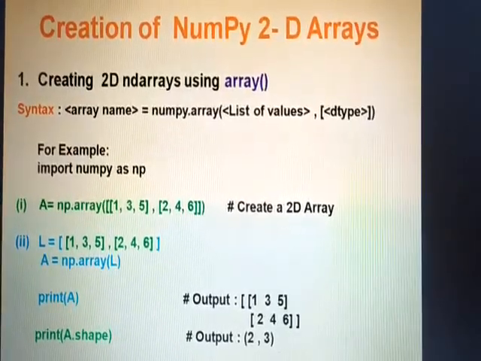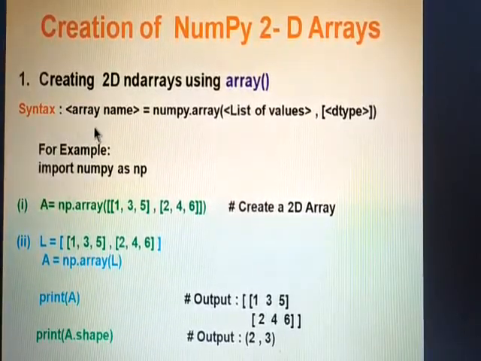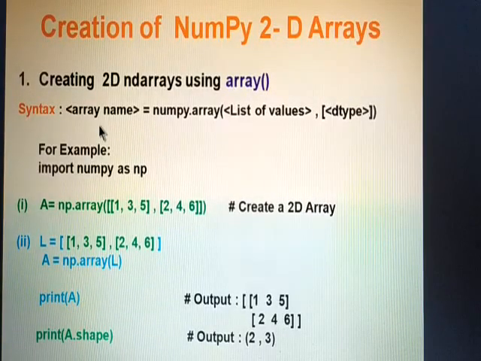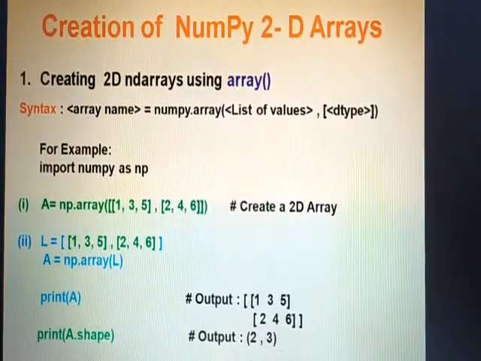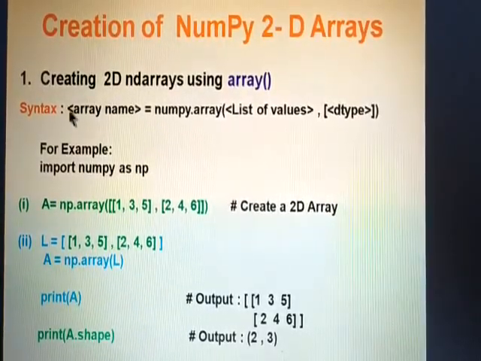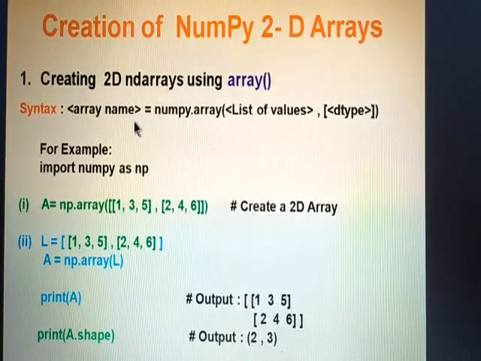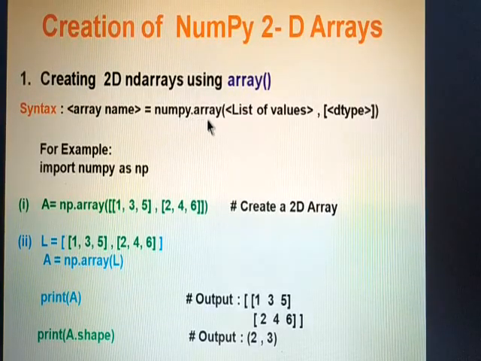Now the syntax is the same as creating a one-dimensional array. You have already learned. Once again, the syntax is array name equals numpy.array, then list of values.